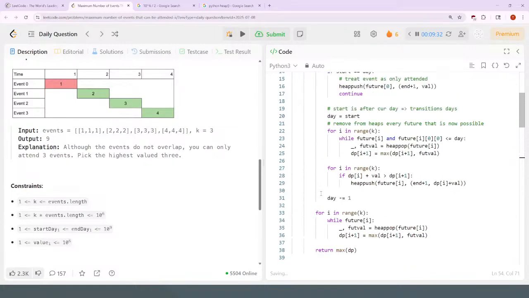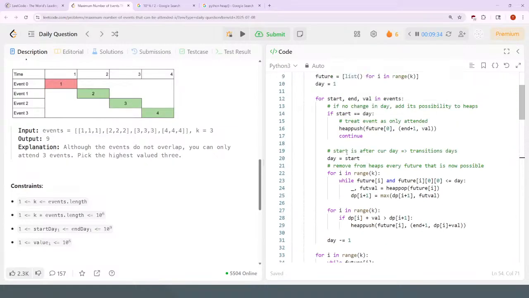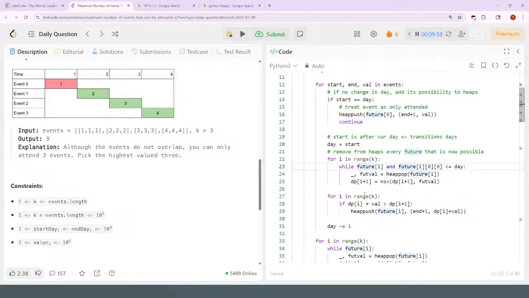So there's this thing here. Transition, so for every heap, if there are future events on that heap and the future event has an end day before the current day, take that, basically, well, now we can say that we've done those events through those days, and